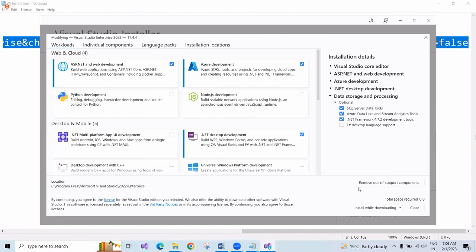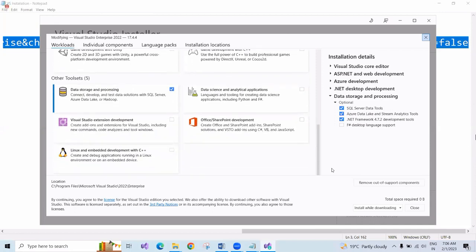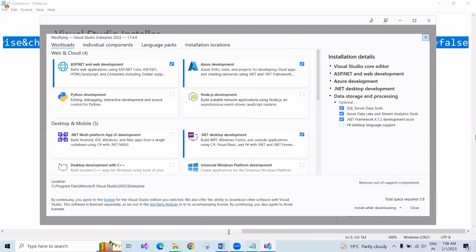Print screen. So you will get this page here. You need to select, see, this one first option, second option, this one third option. Only data storage and processing. These 4 options. So I'm just pasting this image in the chat.